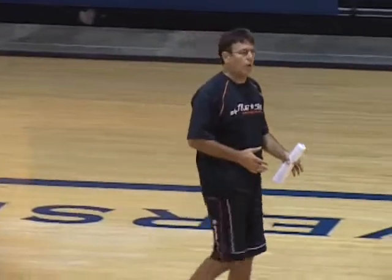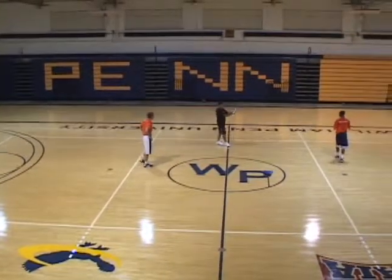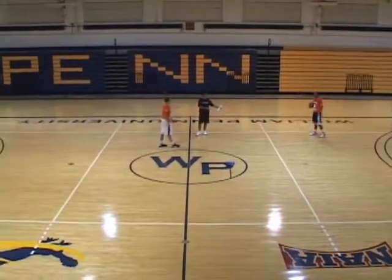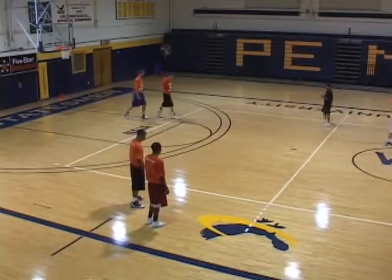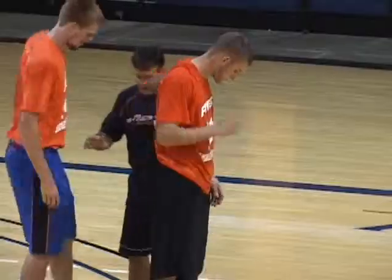Step-up pick and roll. This guy's coming full speed, bringing the ball up the floor. He's doing a good job keeping him under control. Okay, you as a big identify he may need some help. You're going to step up, and the best spot for the step-up screen is right here,